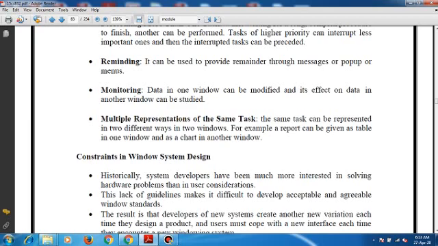The standardization of the interface also prevents the developer from designing the windowing system according to user expectations.